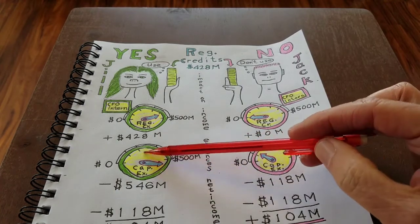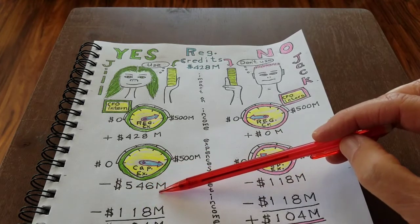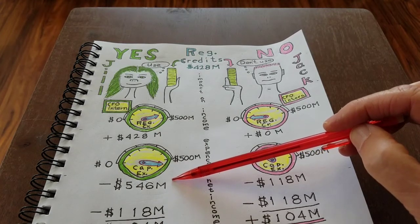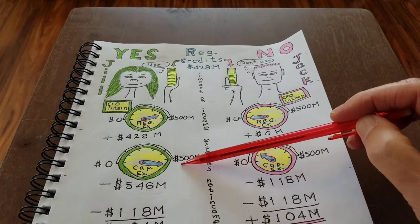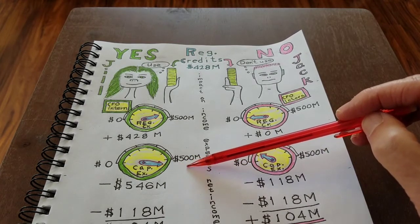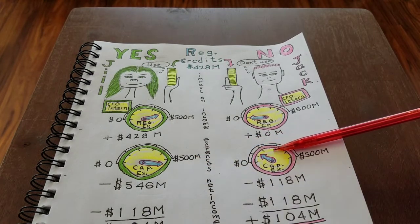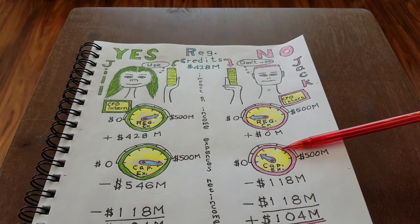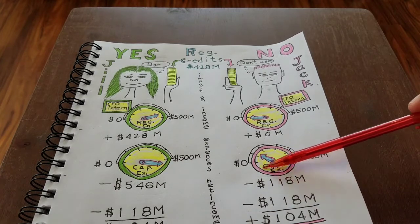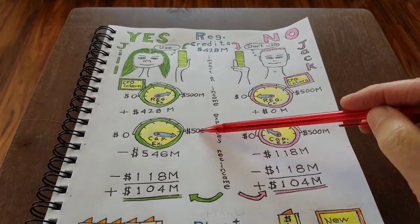expenses, Jill says, wow, we've got this extra money on our income. Let's spend $546 million on plant expansion called capital expenditure. That's the expenditure for property, facilities, and equipment. Jack knows that at the bottom line he still has to make a profit, so he says, okay, spend 118 million on plant expansion. Okay, going down, the impact on the